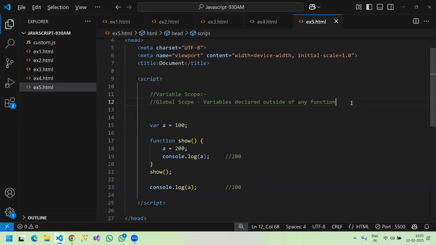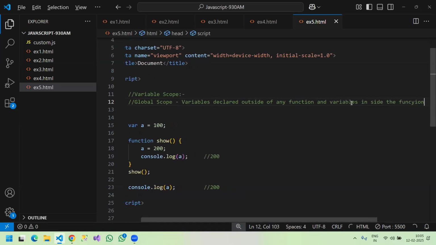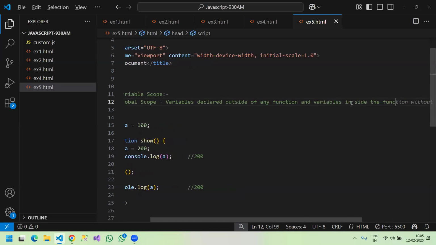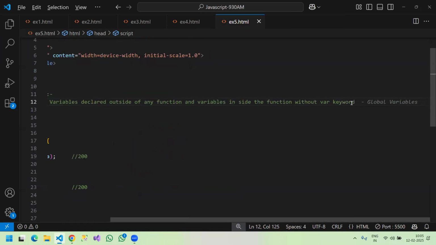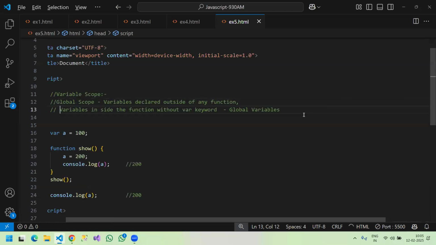And variables inside the function without var keyword. So global variables are variables declared outside of any function and variables inside the function without var keyword,